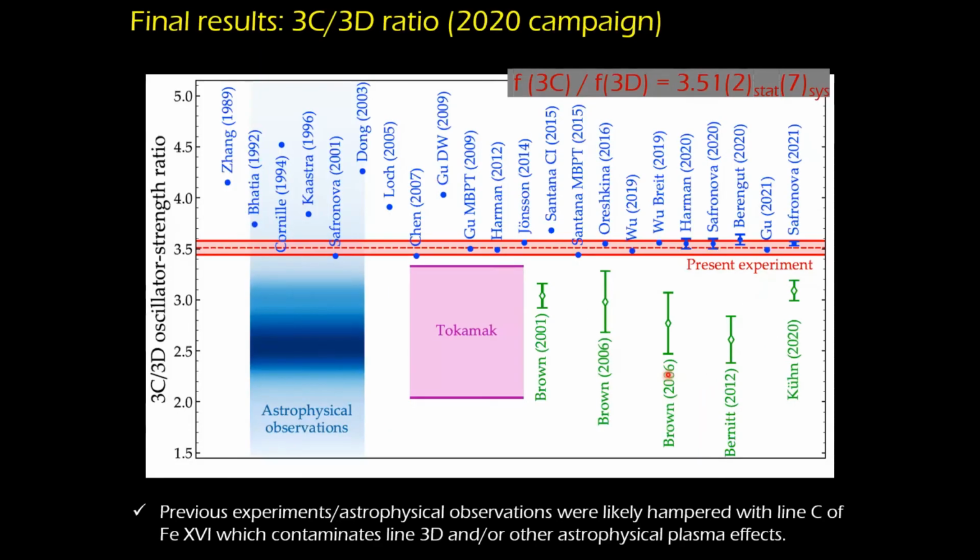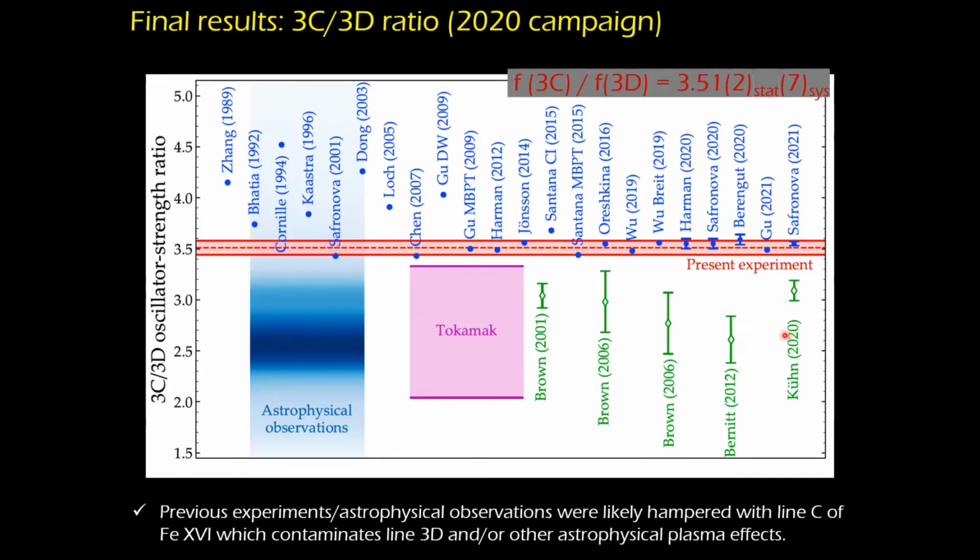And then we found that we are already at 3.5. So now our experiment is in agreement with all of the theory, ranging from the 1990s to our own very recent calculation done by Safronova last year. So now all the theories are in agreement, although the tokamak and the EBIT experiments are now in disagreement, including our previous experiment.